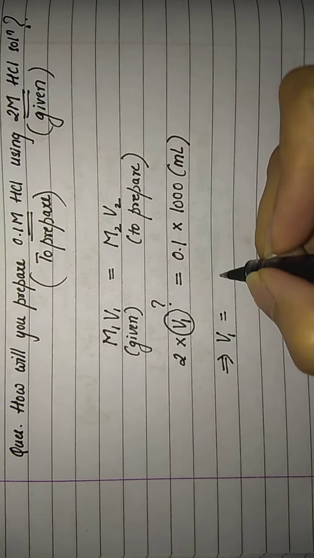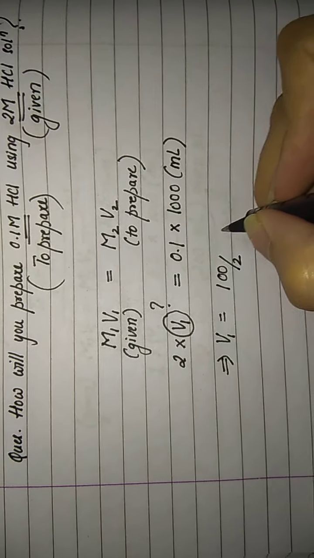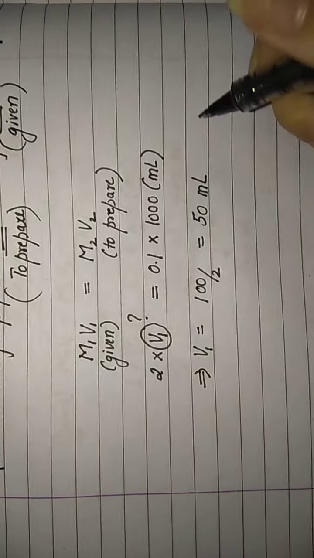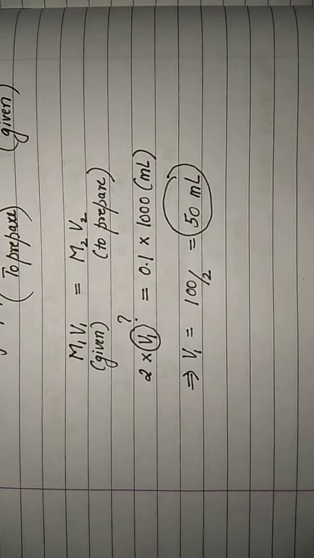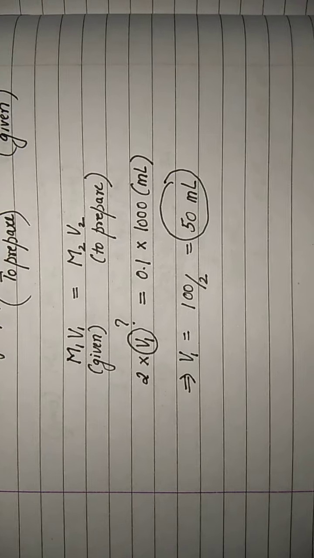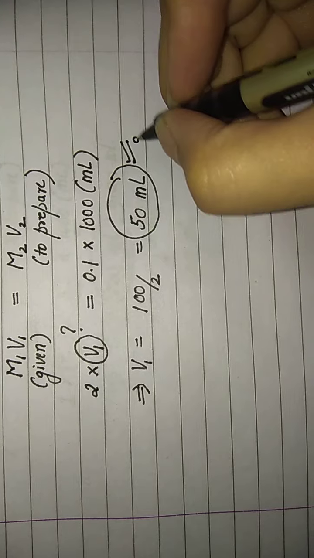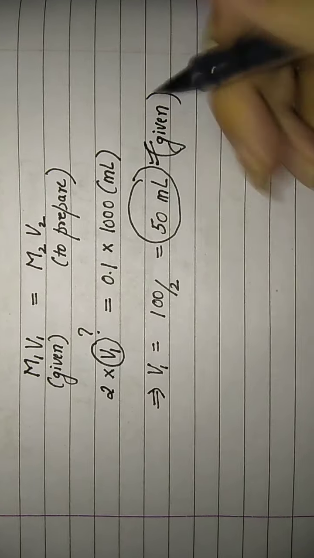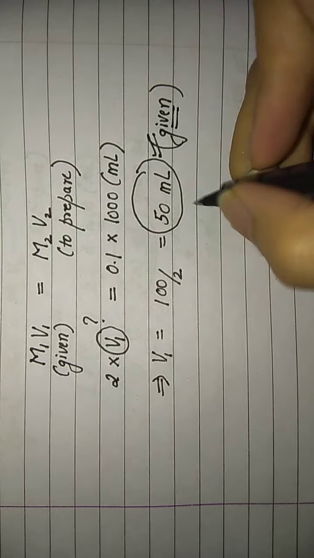It will be equal to 100 by 2, which will be equal to 50 milliliter. Fine. Now, what will I be doing with this 50 milliliter volume of the given solution of HCl? I will take 50 ml of the given solution. That means I will take out 50 ml of the solution which has been given to me,